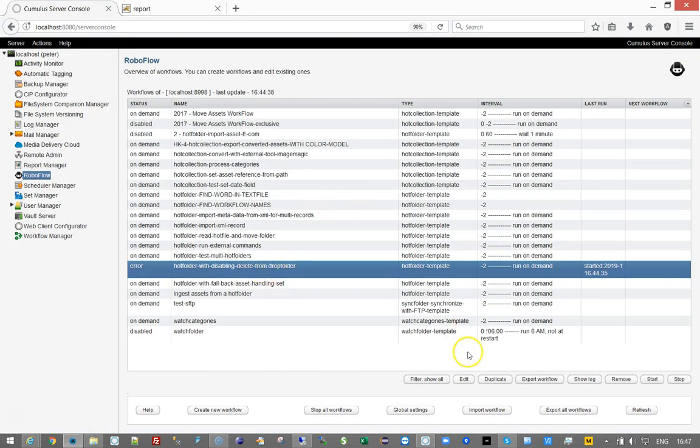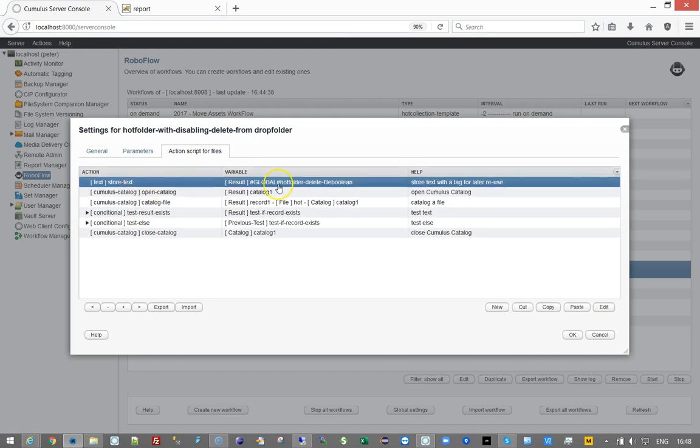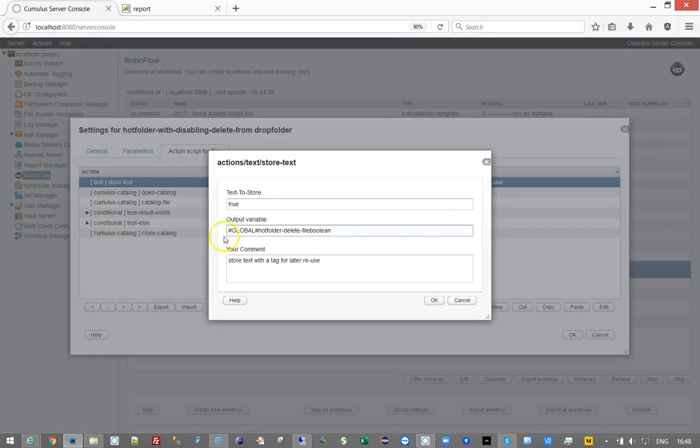So what I'm doing is I have in my action script a special internal instruction which sets a global variable called hotfolder-delete-fileboolean. The default value is true. That's the default behavior, so you don't even need to set this if you're not changing the value of this particular variable. But in this case, I am going to change it when it goes wrong. So that means that I have to set it back to the standard value